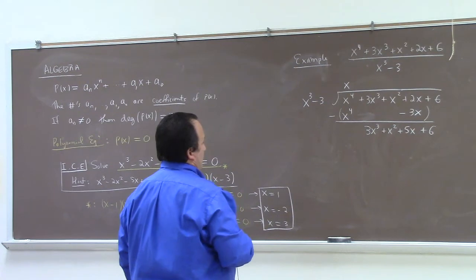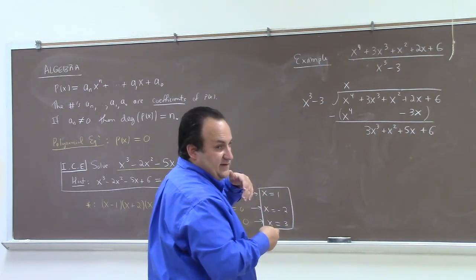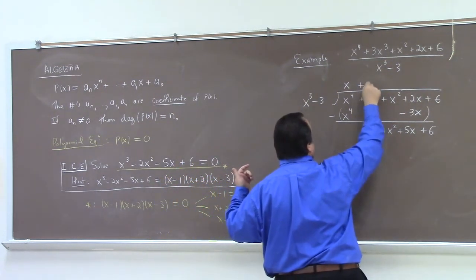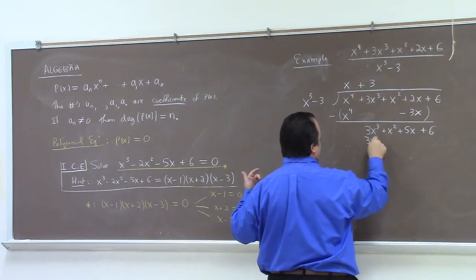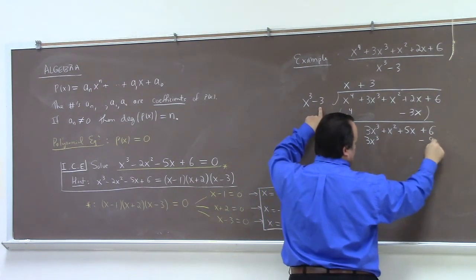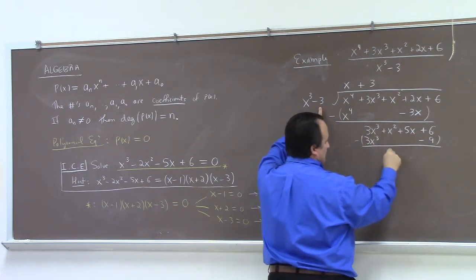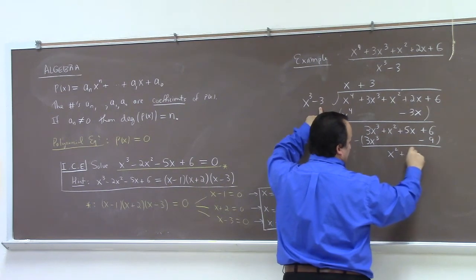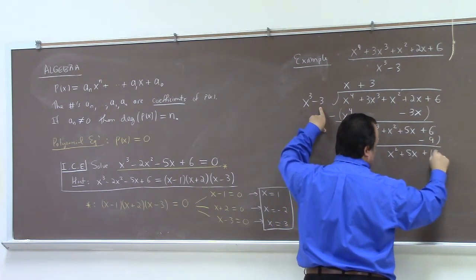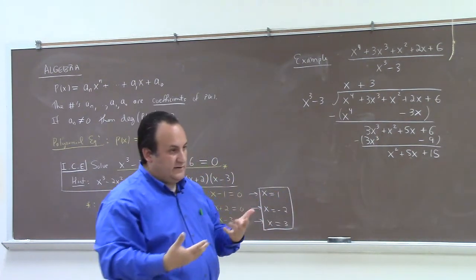All right, so next I need to get 3x cubed from my x cubed. So I plus 3, right? X plus 3 gives me 3x cubed. And 3 times minus 3 is minus 9, so minus 9 over here. And I subtract again. The 3x cubes cancel. I've got myself an x to the fifth plus 5x. Looks like plus 15. And that is the end of the road, because at this point, the remainder has a